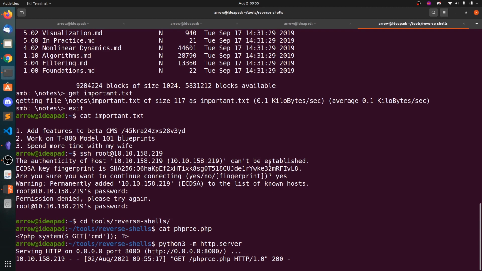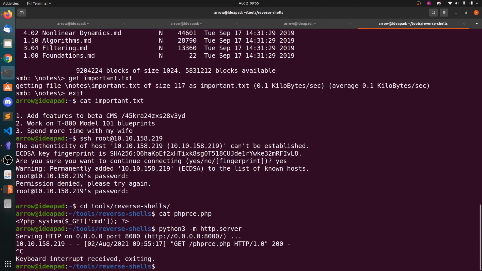And I will also show you what to do if there is any filter for HTTP in the URL. So what you can do is host an SMB server. So you can use impacket smbserver.py.